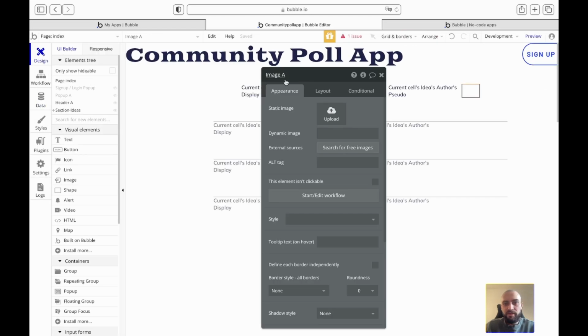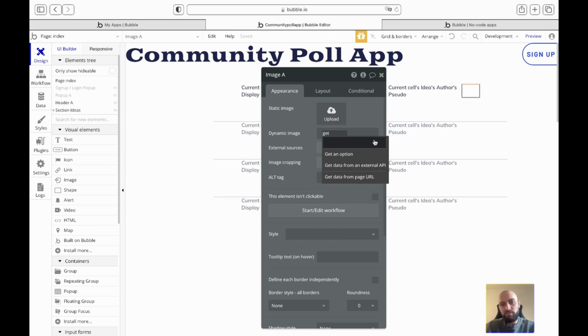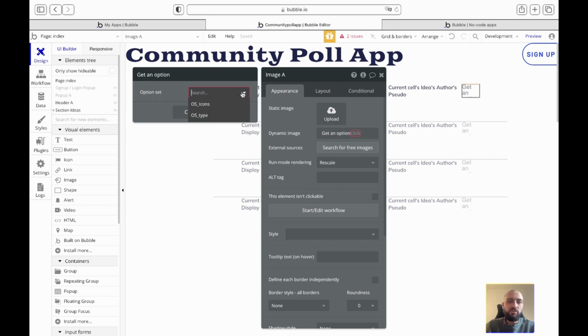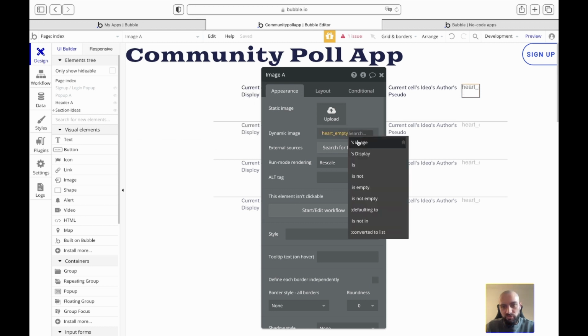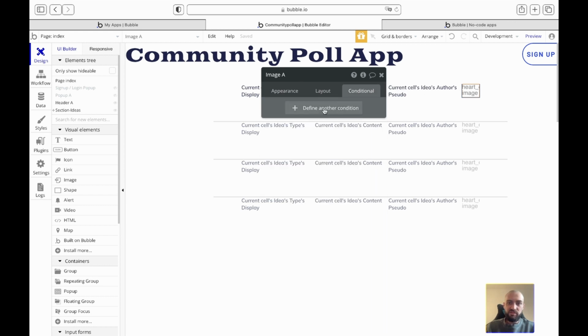bam, and when you come back here, we can just go with dynamic image, and you can type get an option. Get an option will be from option set, and you can see that we could access the type from here, but we just want to use our icon. So let's start with the empty. And what we want to display is the image, and we will say that